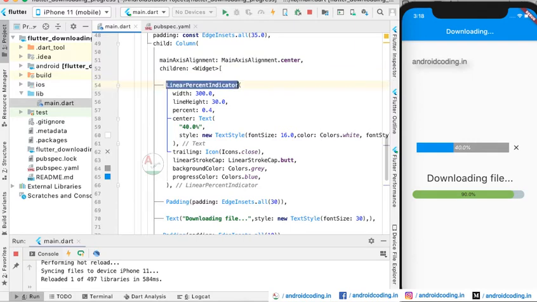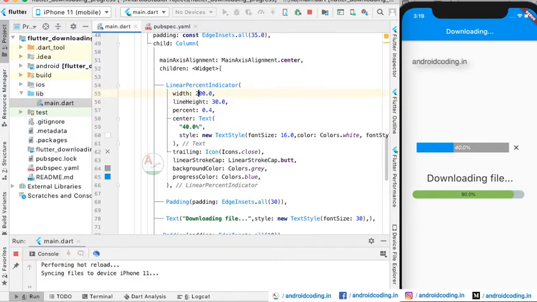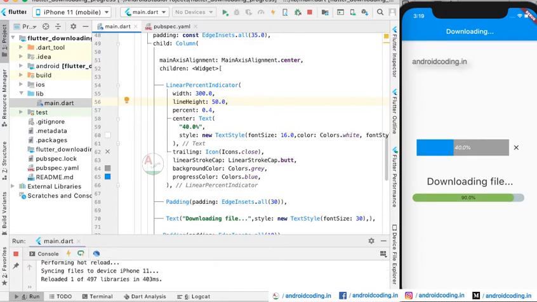We have specified the LinearPercentIndicator inside which we have specified the parameters, width 300. So if you see here, the 40% progress bar, it's having the width of 300, and you can append it according to your requirement. If you want a smaller one, you can specify the smaller. And the same way, here we are having a line height of 30. So line height is the vertical size. Here you can see the size of the height we can specify. So it is, in a general scenario, the height and width of the progress bar.